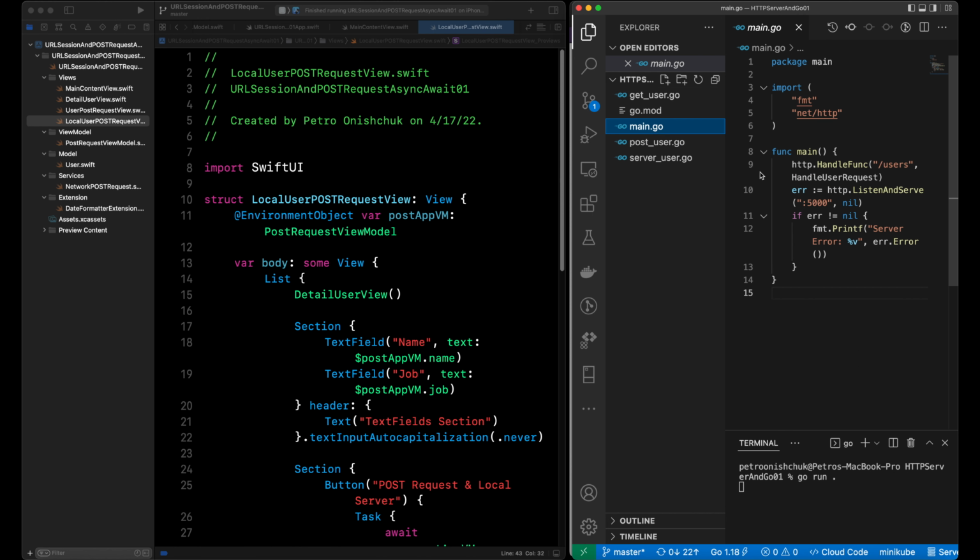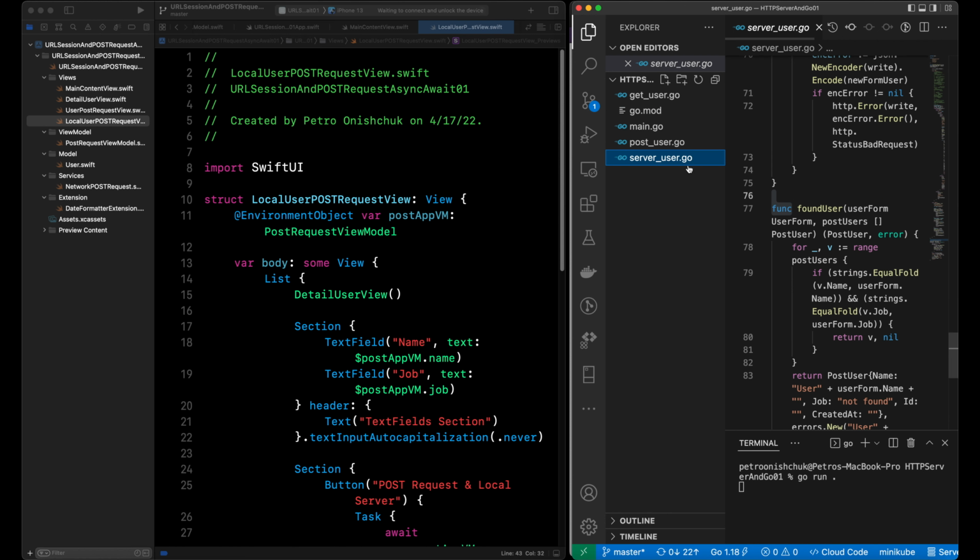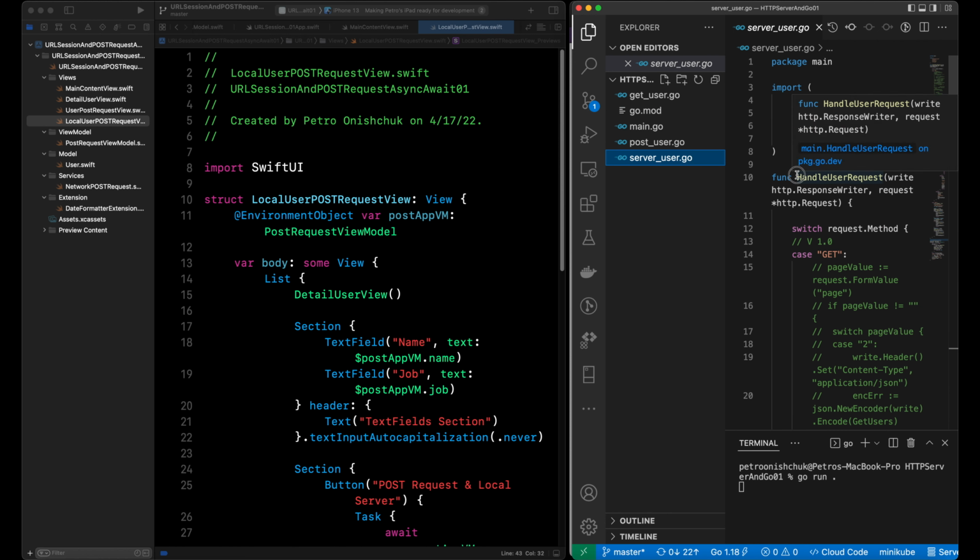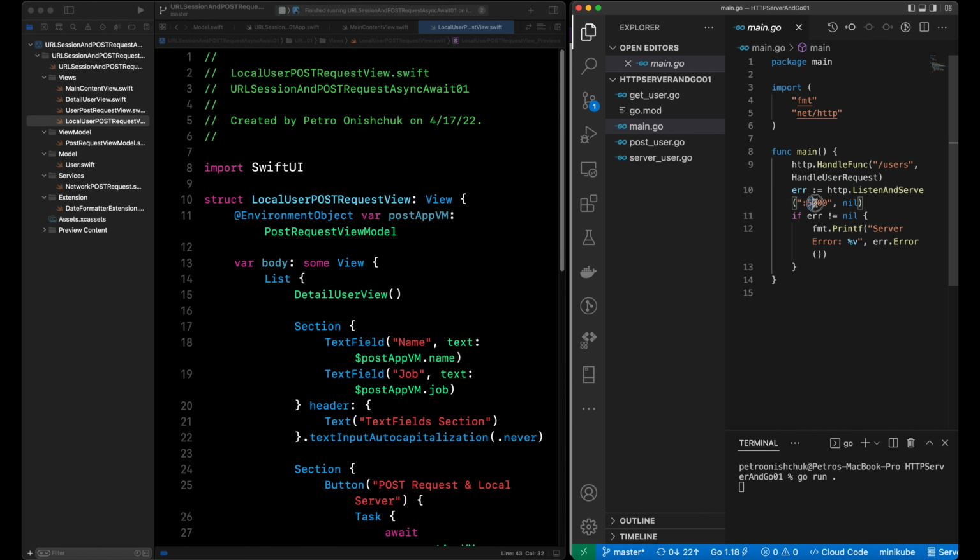And this is our main file. When we run our Go application, we run this file. As you can see, for working with our request, we select our handle user function held inside our server user.go. As you can see, we set this function for working with our request. And also, this is the value from our server. And as you can see, I run this server. And now I run our iOS device. I try to make a post request with a different user to our local server. For example,